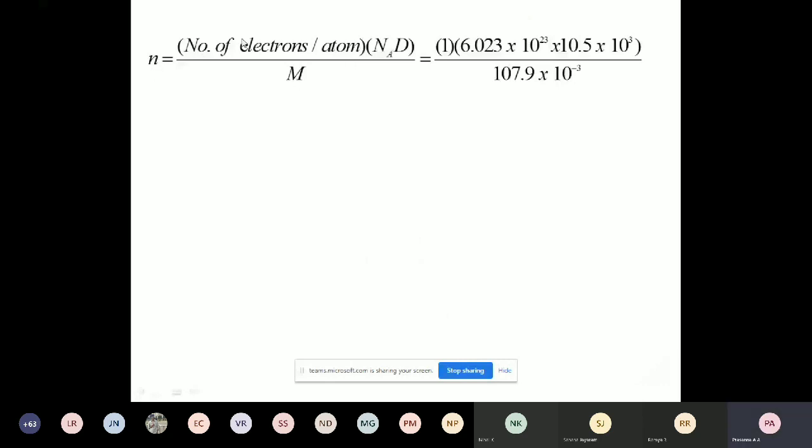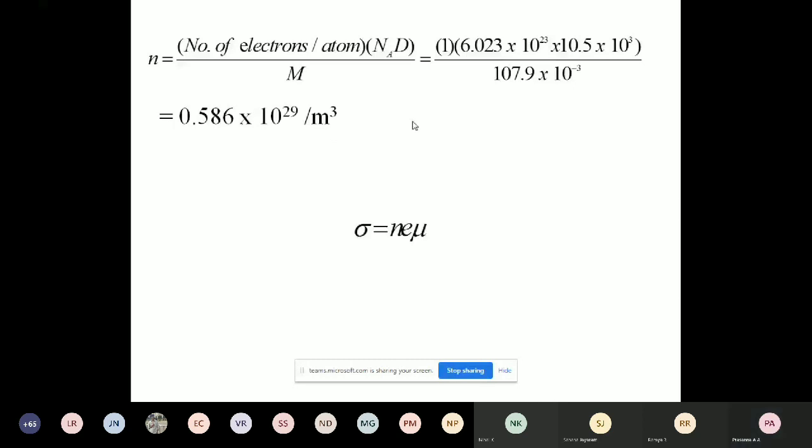Now substitute the number of electrons per atom, it was 1 as per the problem. And Na means Avogadro number, 6.023 × 10^23. Since I am taking 10^23, it should be in the unit of molecules per gram mole. Therefore, the molecular weight should be taken in gram first and then converted to kg, because while solving any problem, all the values should be substituted in SI system. That's why molecular weight is taken in kilogram. On substituting the values, the density that was given is also substituted, and simplifying gives you the answer 0.586 × 10^29 per meter cube.